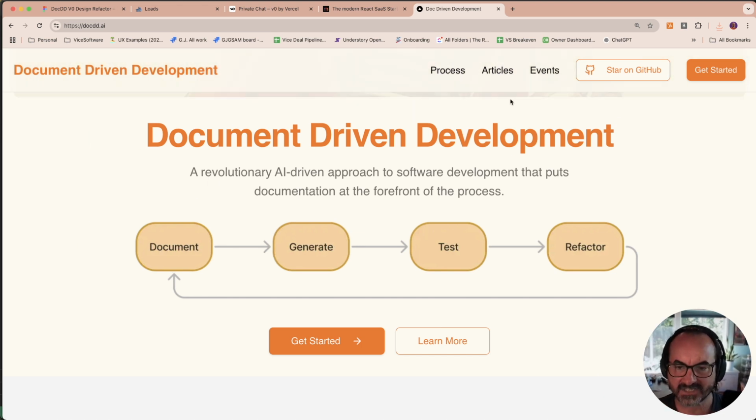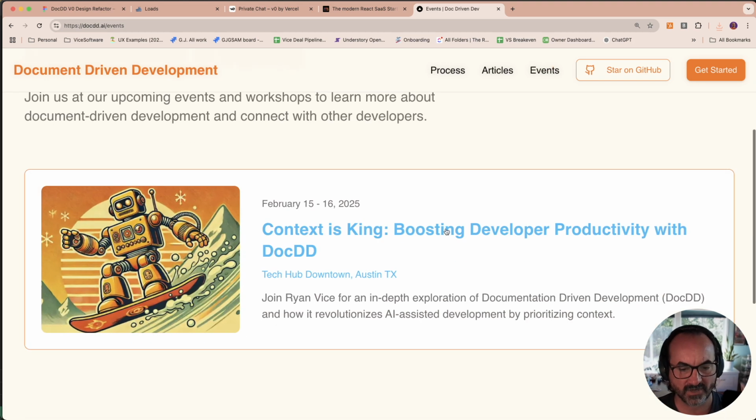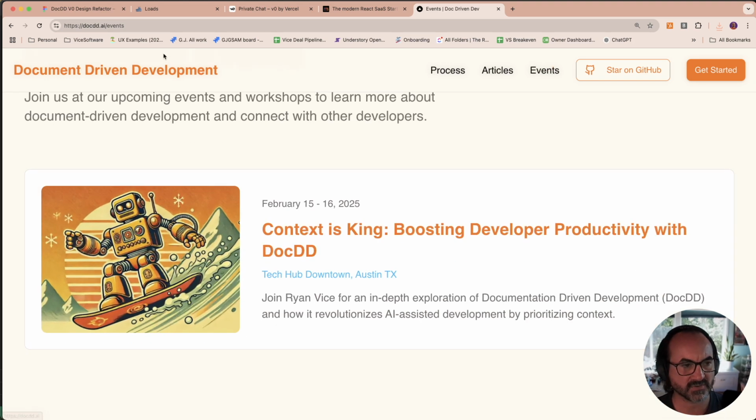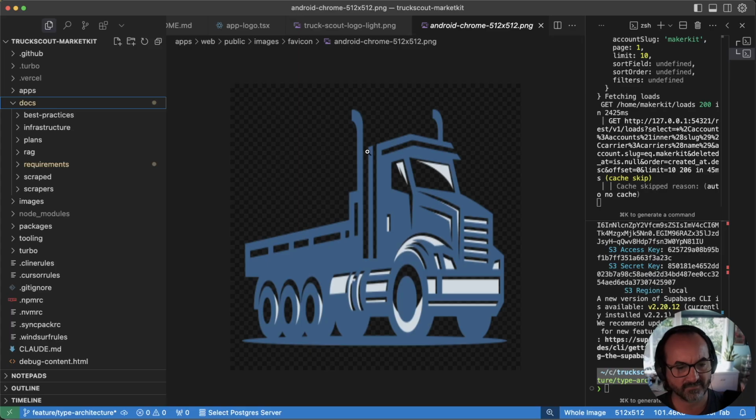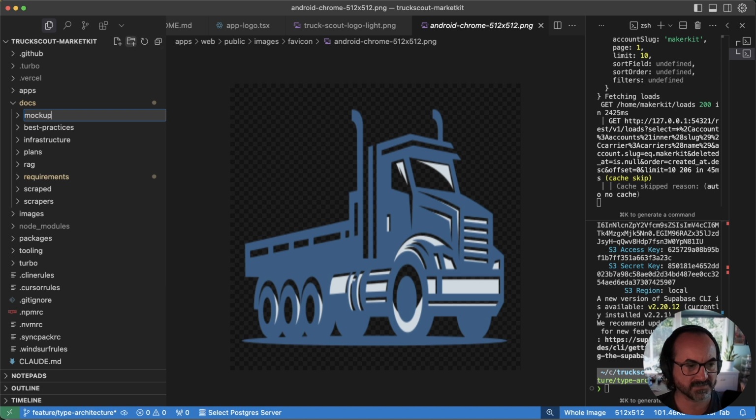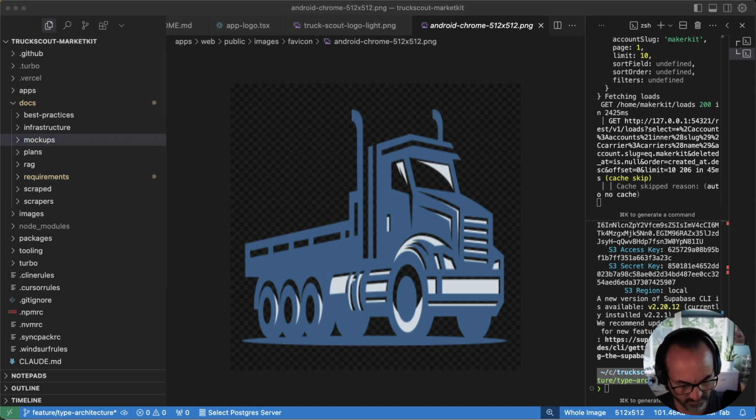I say context is king. I even did an event where I was talking to CTOs and I was talking about how context is king. And so following that philosophy, we're going to have a docs directory, and we put a lot of things in there. And so one of the things I'm going to add here is mockups. And then I'm going to take my zip folder